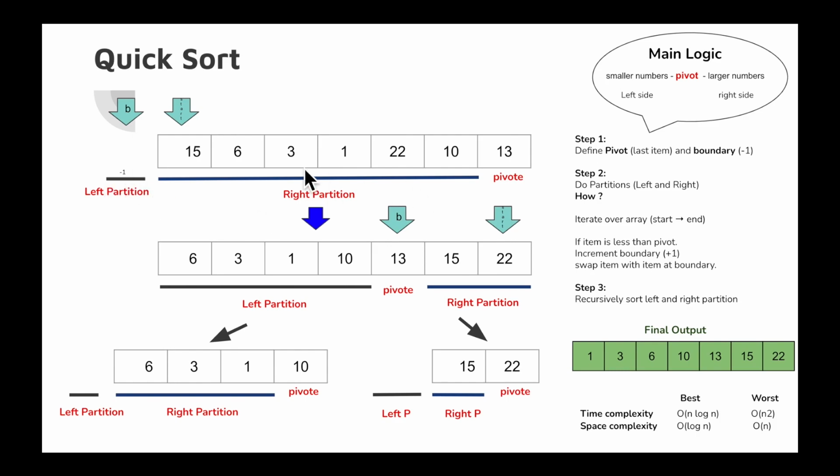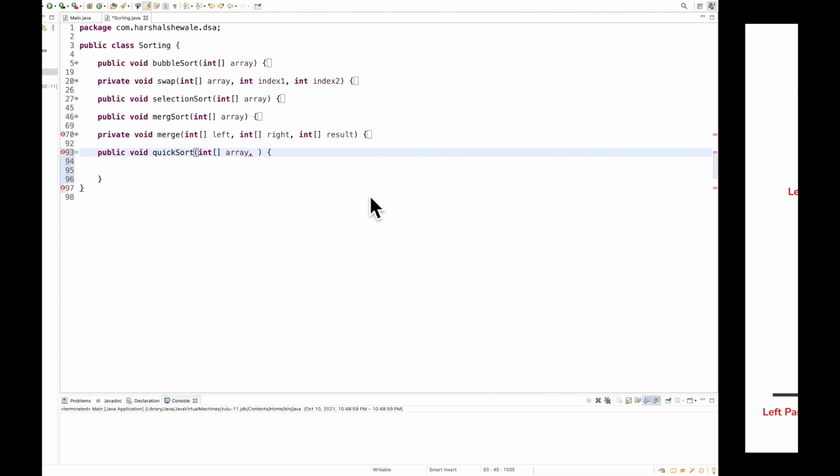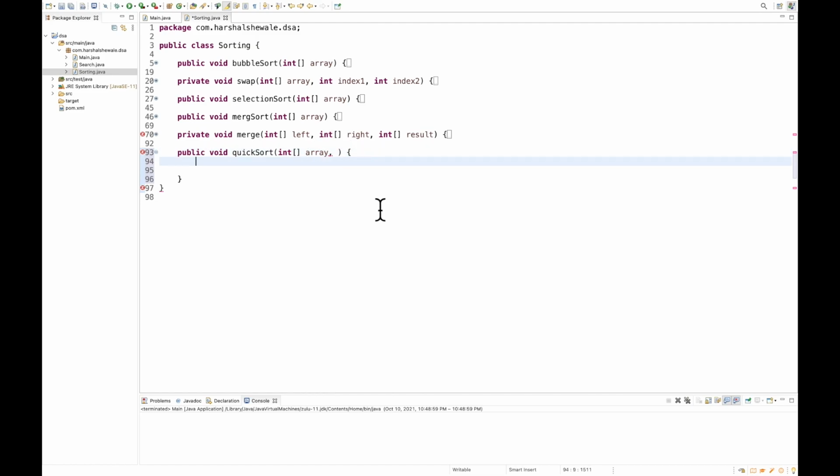So we need a few extra parameters, the start of the array and the end of the array, to define the pivot and the boundary, because one boundary is going to be -1, that means start -1. So we call them start and end. Start is nothing but the 0th index and end is nothing but the last index.